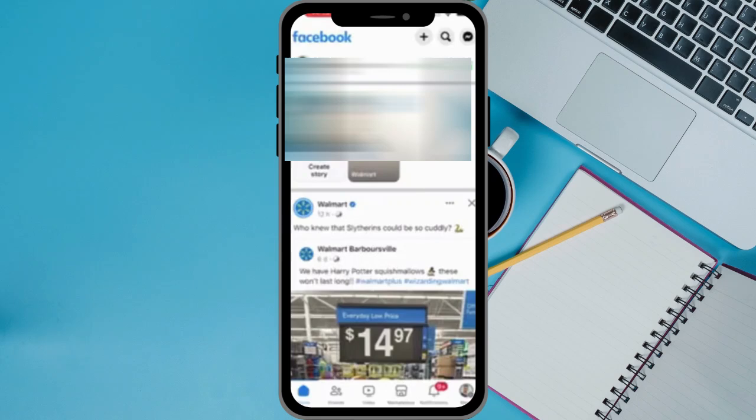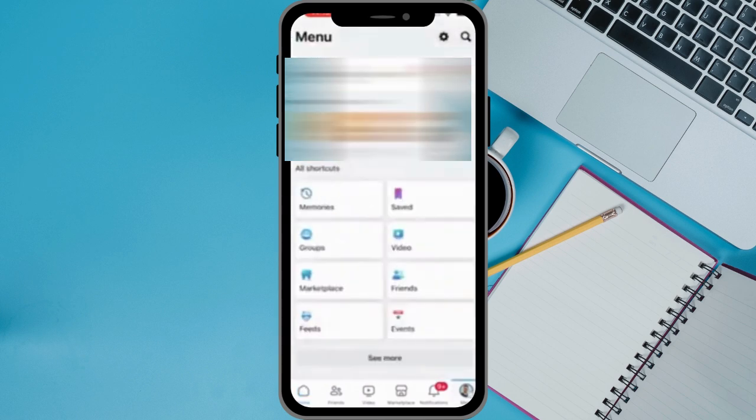In this video, I will guide you through the process of deleting your Facebook account on your phone. To begin, open the Facebook application and locate the profile icon in the bottom right corner of the screen. Tap on it. Next, click on the settings cog in the top right corner, which is situated next to the